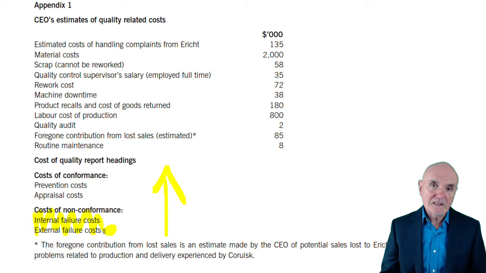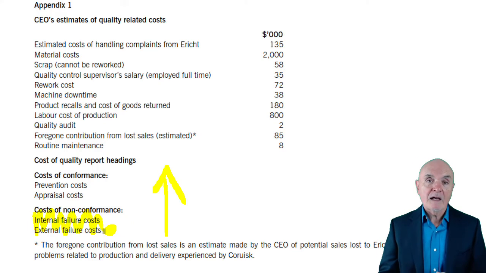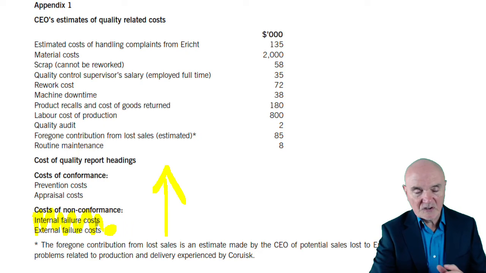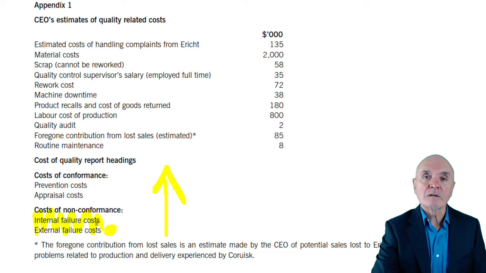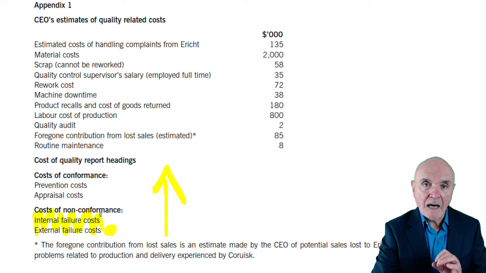So the change of emphasis needed here is on prevention and appraisal, and the change of emphasis needed also is with the company's staff, so they no longer feel that high volume is to be pursued for its own sake anymore. What is really important in this environment is that we get high quality. High quality, more important than high volume, although we'll certainly work towards that as well.